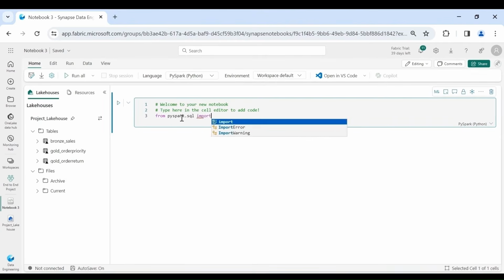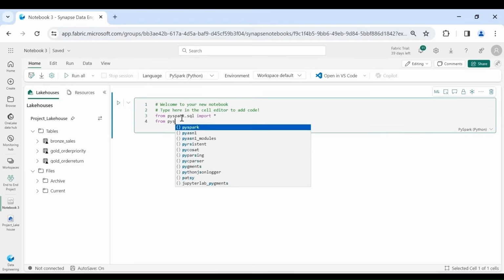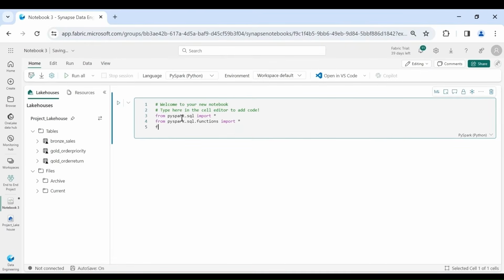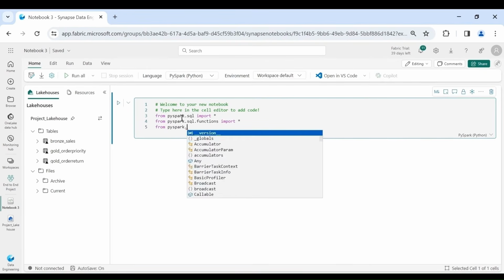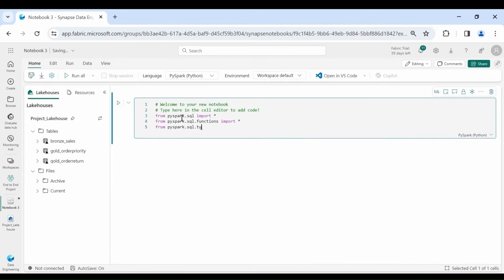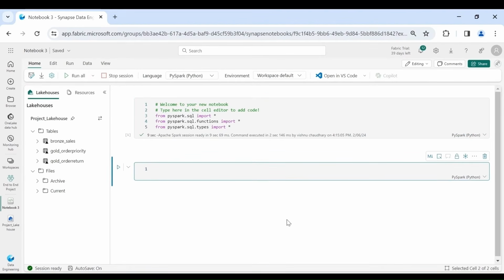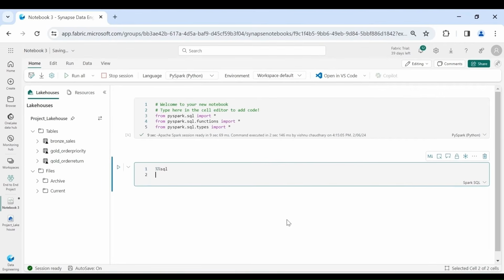from pyspark.sql import *, from pyspark.sql.functions import *, from pyspark.sql.types import *, and run this. Now we will create delta table for our customer. For that, write %sql, then create table